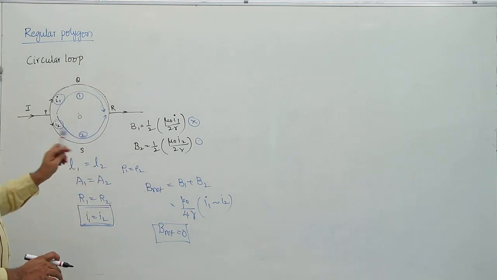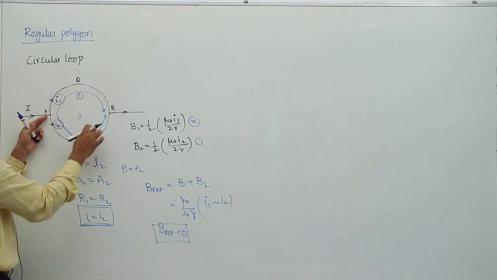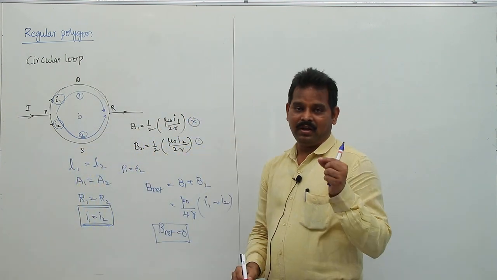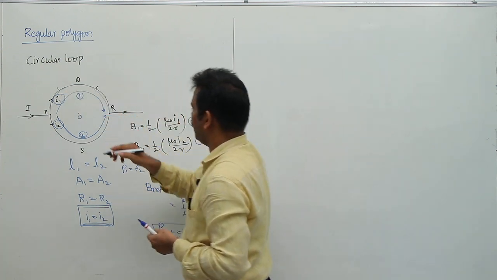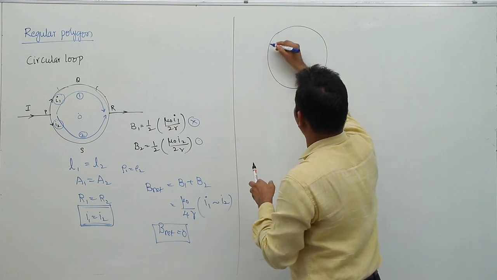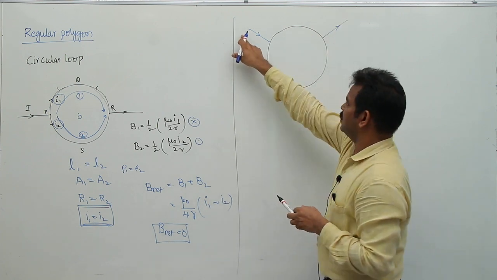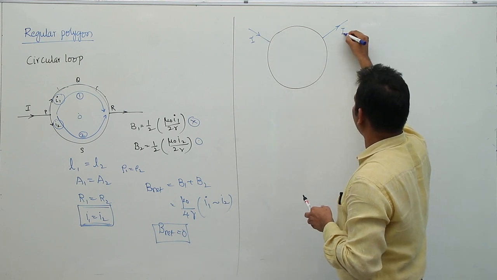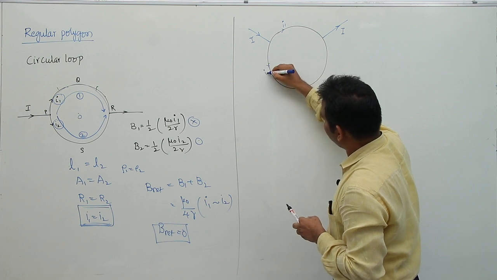Now suppose the battery is not connected between these diametrically opposite points. Now let me take one more case in which the battery is connected between some 2 points of the circular loop. So this is the circular loop, and the battery is connected, let us say somewhere here, and it is connected like this. So what is the current that is coming here? Let us say this main current is I and this current is also I. This will be divided into I1 and I2.